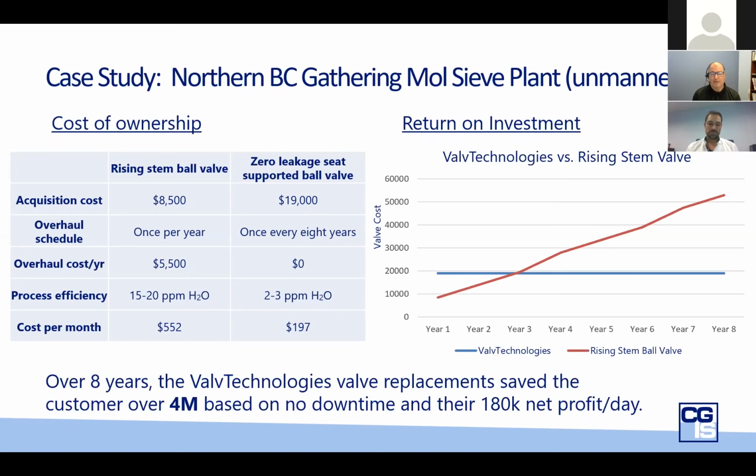So having a valve that doesn't rely on pressure, such as the Valve Technologies design, is key. It doesn't care if you've got 1 PSI on it or 1000 PSI on it. It's going to perform as a zero leakage isolation valve. So with the VQP010, which is Valve Technologies Quality Procedure 10 for testing their seats, for that duration, they're actually